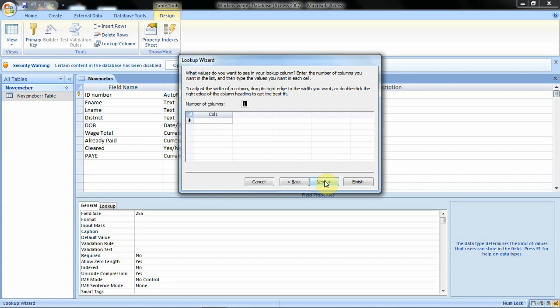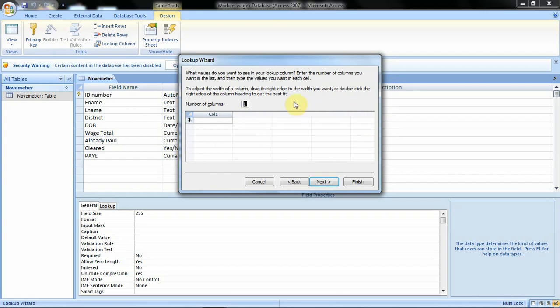When we click on next, we are taken to another dialog box with different information. Here we have the number of columns, which is 1. It is the district column that we want to work with.